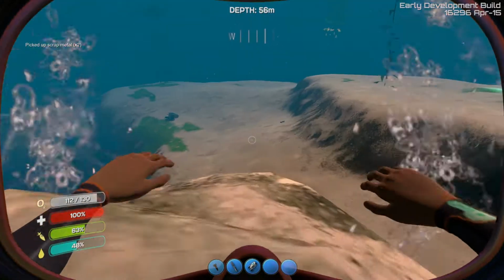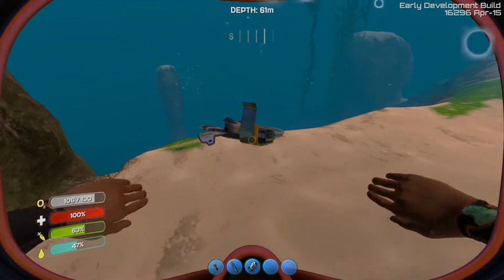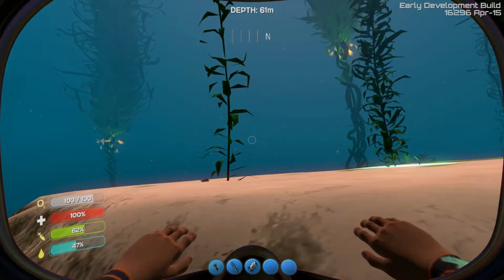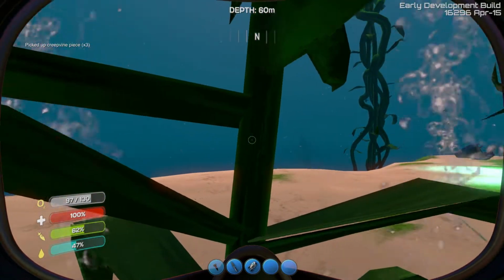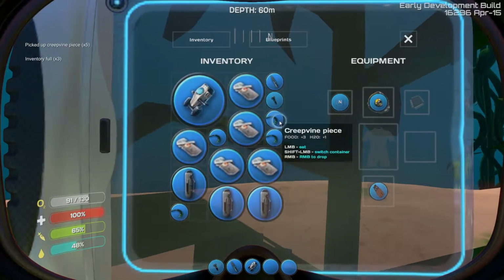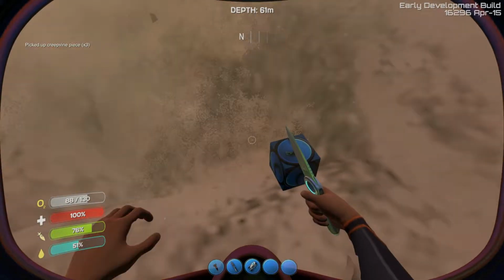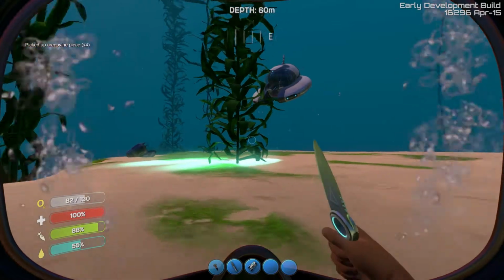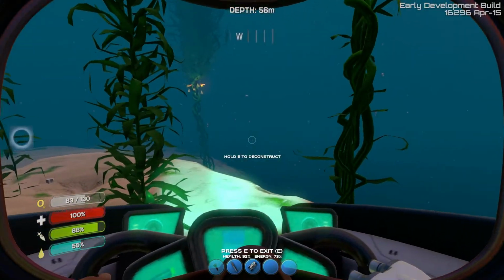Ooh. This is a hell of a haul. I think I got room for one more. Nope, I don't. Okay. Got room for some creepvine though. Little supplemental food action. Nom nom. Ooh, this one's giving me a lot. It's a hardy creepvine. So, we'll make our way slowly back to the ship and then grab the...